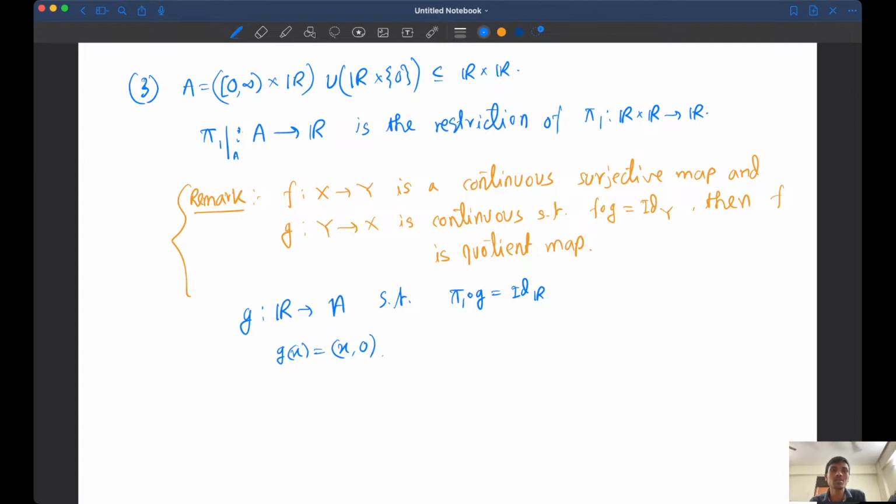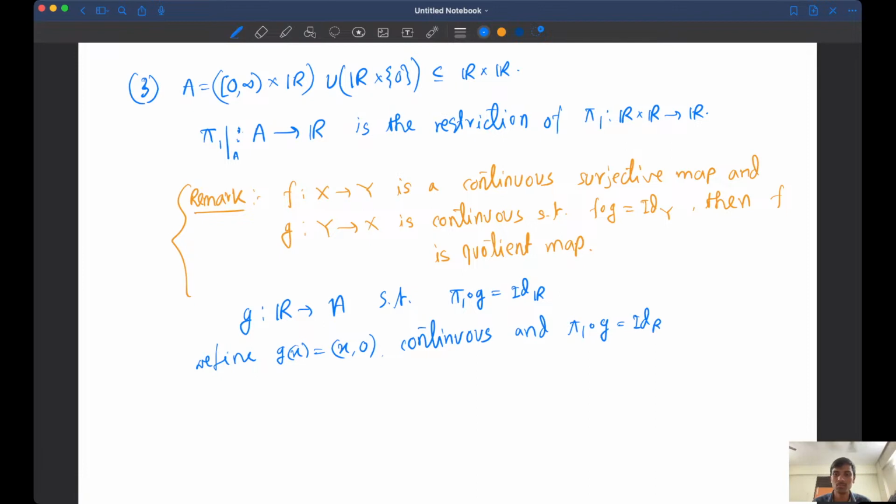Now g being continuous is a bit of a thing, but that is also easy if you just follow the inverse image. I have to check the continuity of this map g. So take an open set here and take the inverse image; it will lie exactly in this set R cross 0, but in R cross 0 it will be open from the induced topology, always. So that is easy to check. Fine. And pi 1 composed with g, this is first of all continuous,